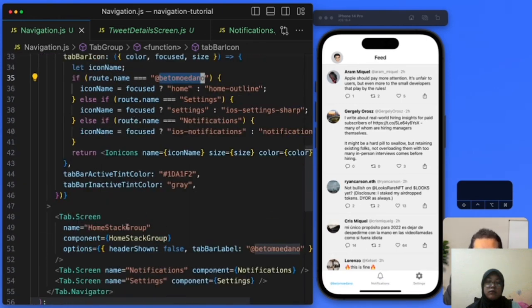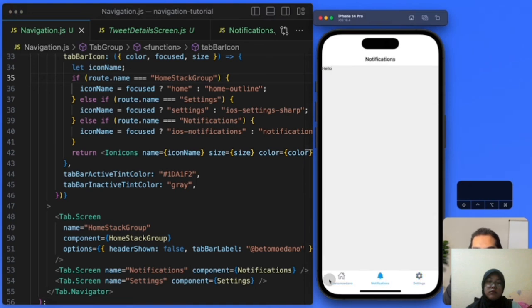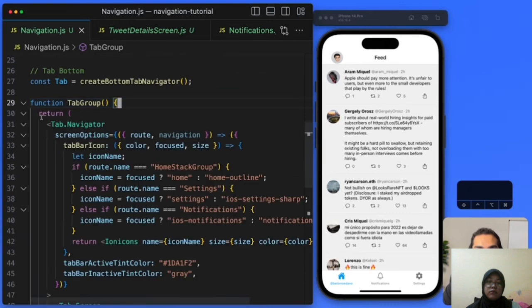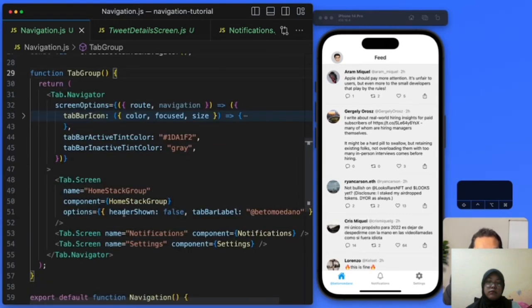Oh, okay. And the name is not Beto Moedano. This is the label that I put, but the name is going to be home stack group. Okay, if I hit save, everything is going to be working the exact same way. And now the only difference is that at this point, because we are rendering a home stack group here, a stack, we can actually navigate from screen to screen inside